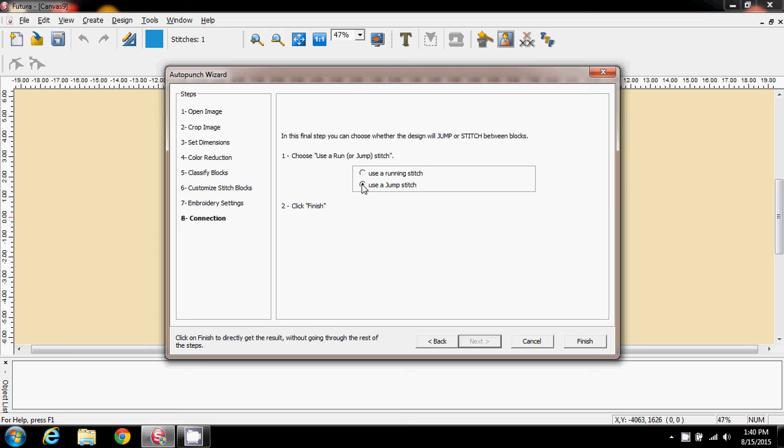On a large hoop where you've got a design where it's going to be jumping, especially backwards from the front of the hoop to the back of the hoop, you might want to use a running stitch. That way it won't break your needle so easily, because it will put stitch points on the way rather than doing one large jump. And at this point I'm going to finish,